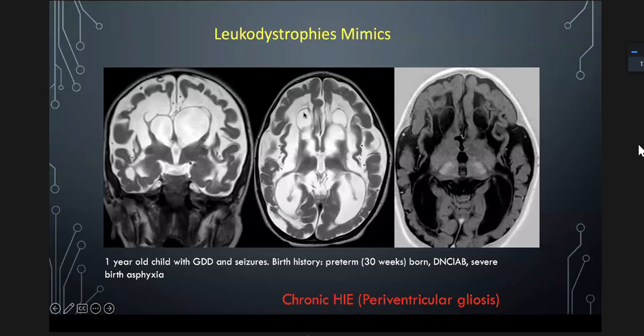Again, here we see gliosis and this ulegyric appearance of the gyri. These are classically mushroom shaped because of a lot of volume loss and gliosis. Again, there is ex vacuo dilatation. The basal ganglia is completely atrophied. Thalami are small and atrophic, and there is paucity of white matter, volume loss with ex vacuo dilatation. So this is a classic case of periventricular gliosis or chronic HI, and the child is presenting late to you